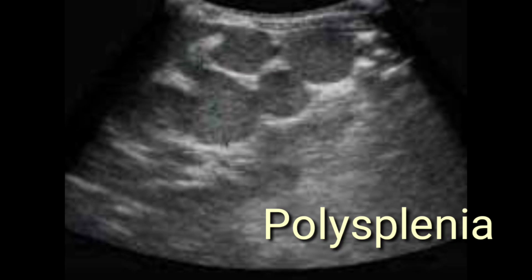The spleen is divided into 2 to 16 masses. Up to 16 masses it can be divided in polysplenia condition. This is a congenital syndrome associated with situs ambiguus because there are some situs abnormalities. So situs inversus, situs ambiguus. So this polysplenia is related to situs ambiguus, as well as cardiovascular and visceral anomalies can also be seen. Multiple organ congenital pathologies would be seen in this type of case, so always look for other congenital abnormalities in